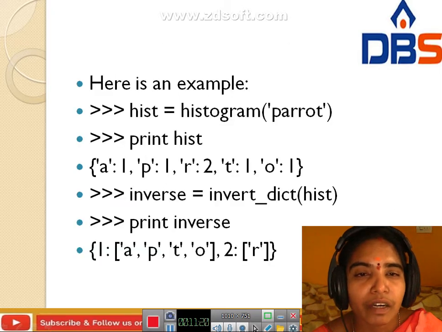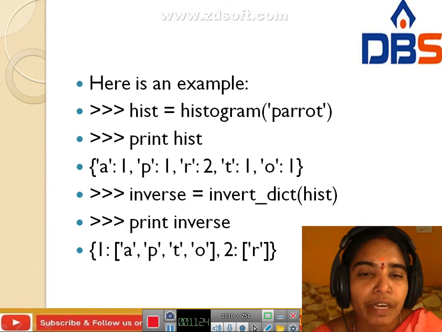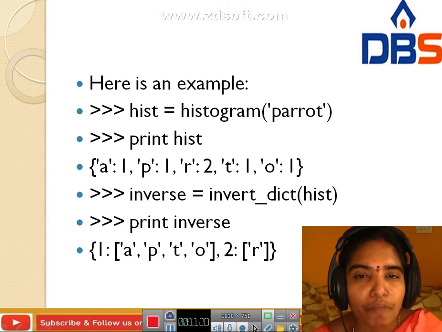Next, this is another example for the inverse. Here hist equals histogram of parrot. Print hist.